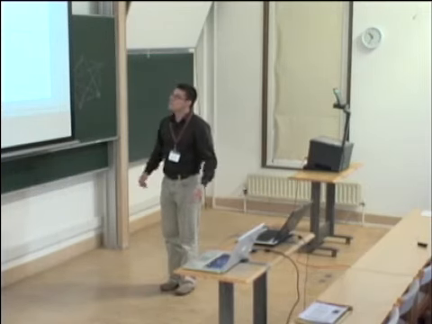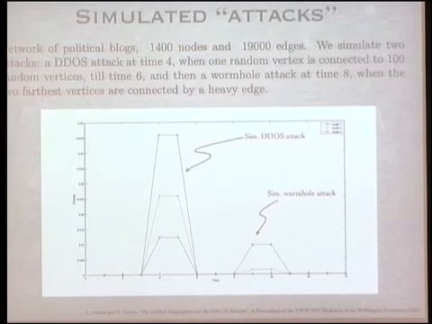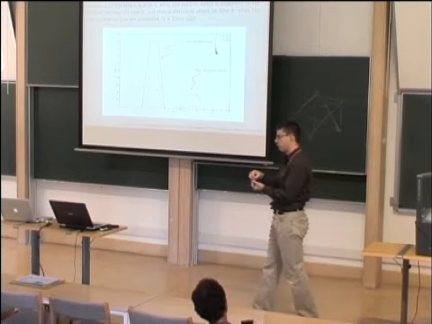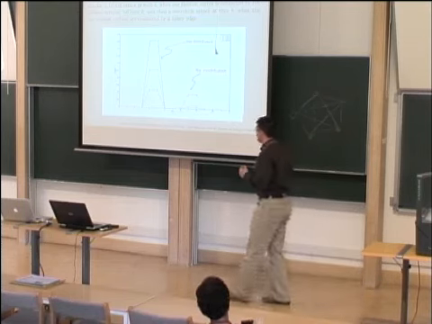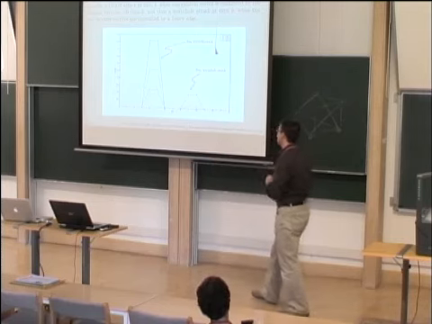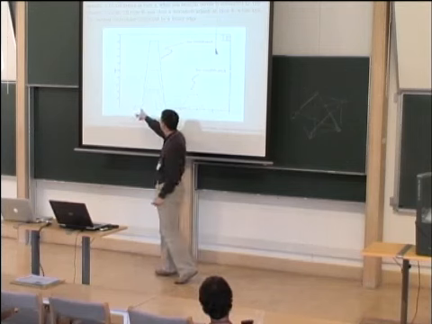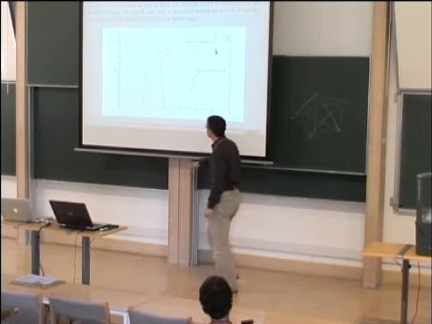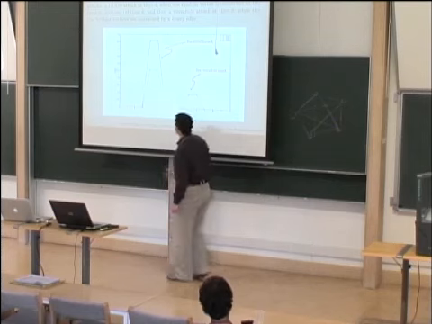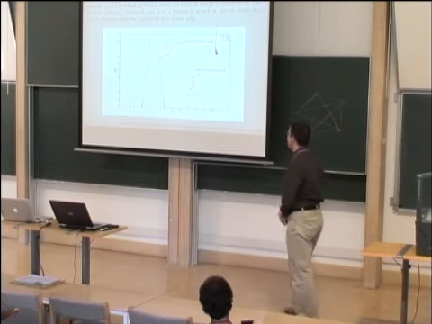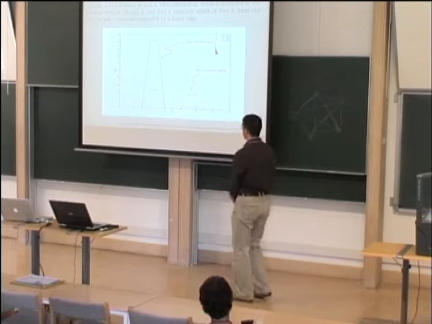And we simulate a DDoS attack in the following way. We pick a random node. We pick a set of 100 random destination nodes, and we draw an edge with a weight equal to the weight of any other edge in the graph from that one random node to all of those 100 nodes. And I would like to hear critiques after the talk about why this is unrealistic. And this happens at time 4. And what we're looking at here are the change in the coefficients at the fine scale, coarser scale, very coarse scale. And we see, of course, a big change at all scales because it's a big attack.